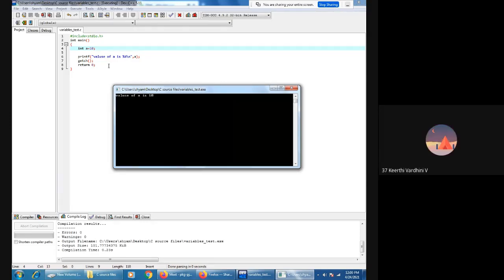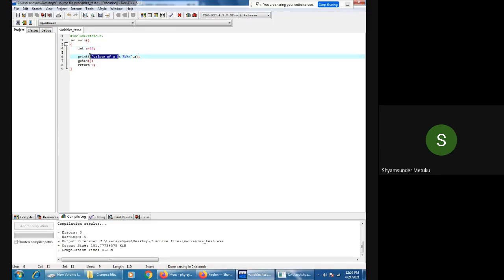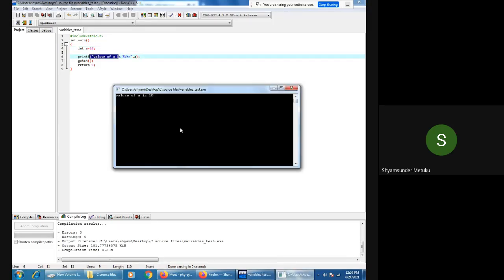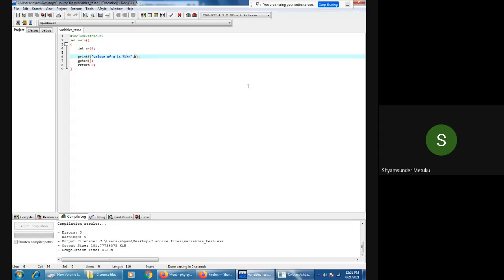Now you can see the text here. Value of a is the same thing. Value of a is displayed as it is. Only in place of %d, the value of a is printed here. Suppose I make some gap, or if I don't mention a, let me check what is going to happen. If I do not mention the variable, and only put %d there, you will not find anything. Only %d will be printed as it is. Or let us verify.